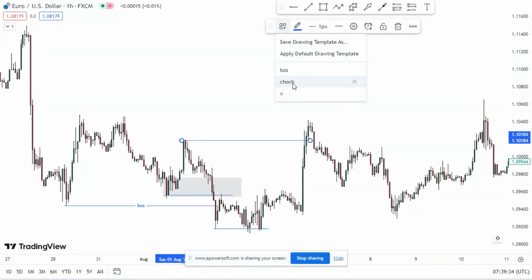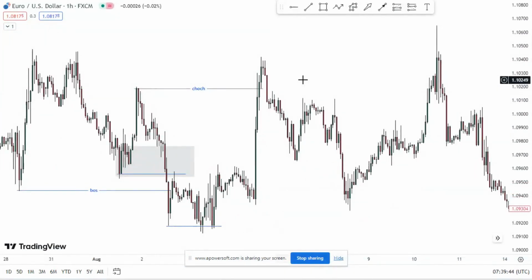Sorry about that. And break and close above this area of supply. So we can say that this is our change of character. Remember, this is H1. Now, this is where things get interesting. So now, if I see something like this,